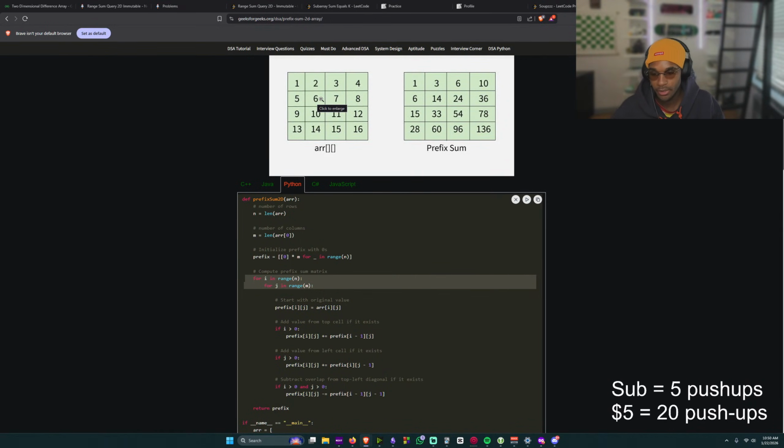Since i is greater than 0, prefix of 1, 1 would be prefix of i minus 1, so we look up to it and we get 3. Oh, that makes so much sense. So this would be 11 plus 3, which is 14.